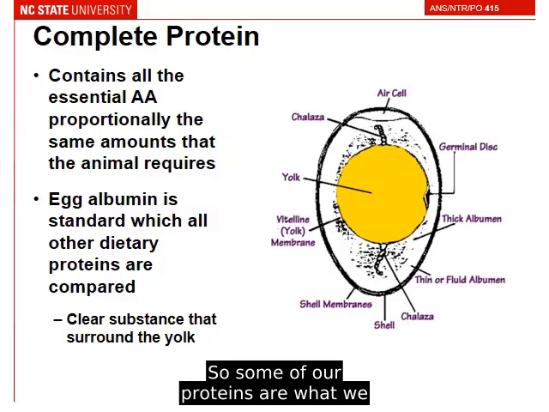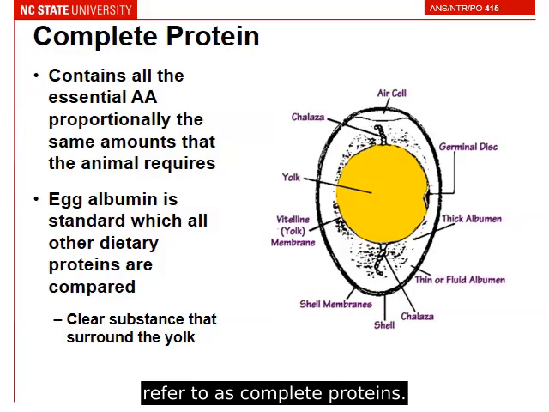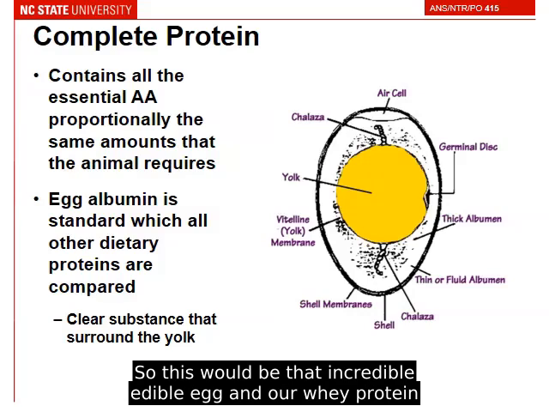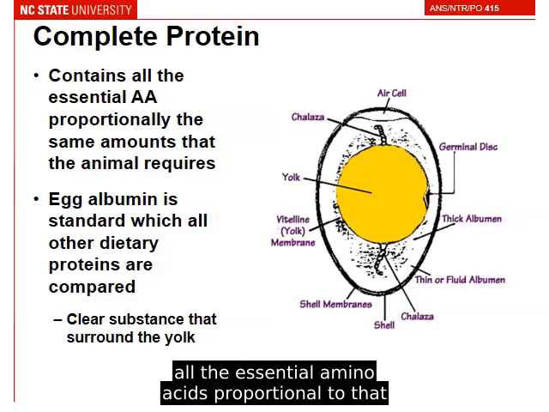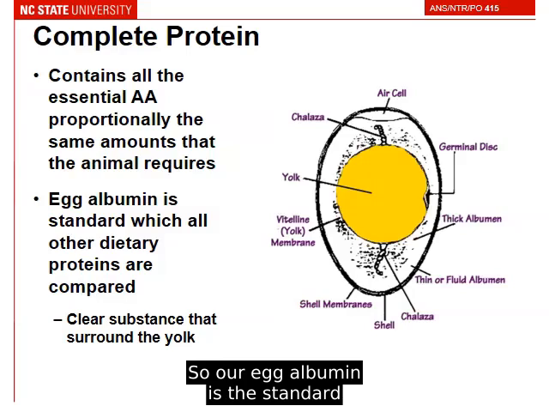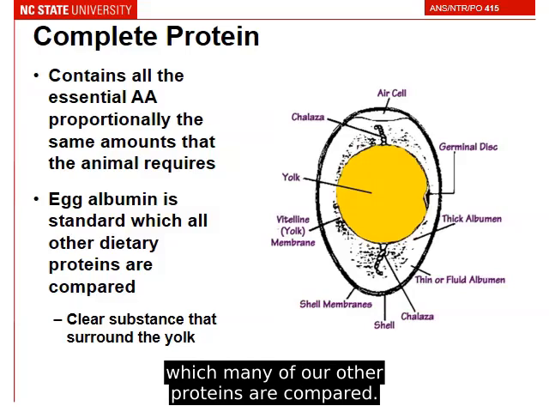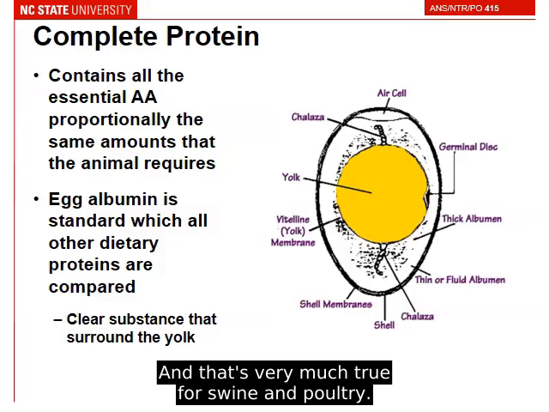So some of our proteins are what we refer to as complete proteins. So this would be the incredible edible egg and our whey protein, our complete proteins, where they contain all the essential amino acids proportional to that which the animal requires. So our egg albumin is the standard to which many of our other proteins are compared, and that's very much true